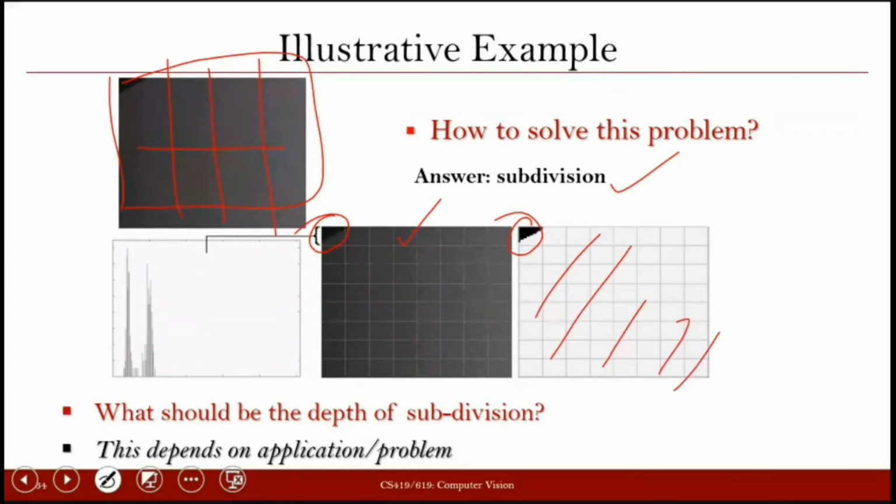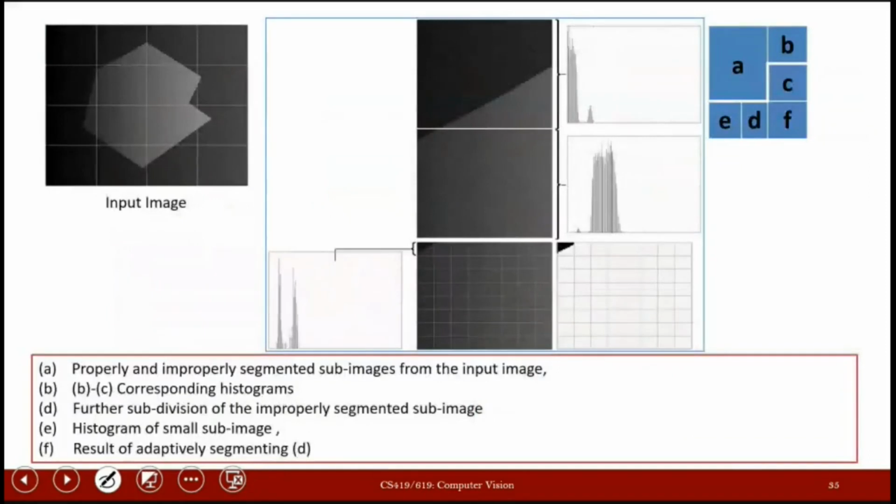But even where we have two types of pixels, that part is also partitioned properly. Up to what depth you have to divide depends on the problem, what kind of image we have, and based on that we see up to what level we should go. So this is the overall summary of the results that we have seen in the previous slide.